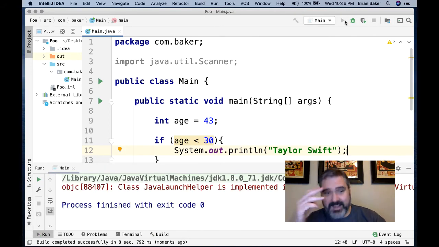Age less than 30, I'm not less than 30, and nothing prints, right? That line of code was protected by the if statement. It's only going to execute if the age is less than 30, which is a shame because honestly, I loved Folklore. I think it's a great album. Anyway,